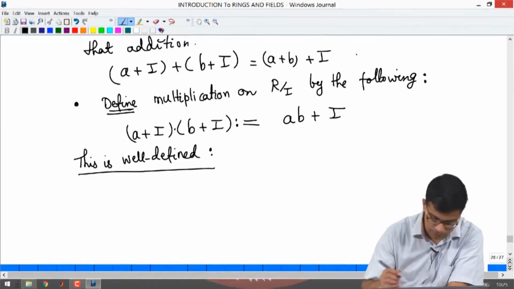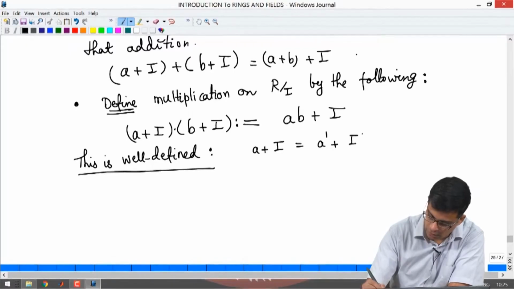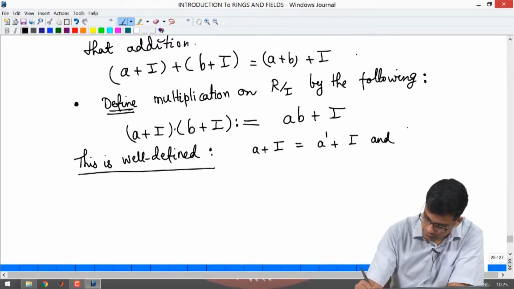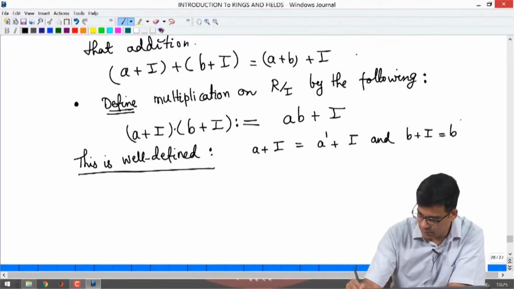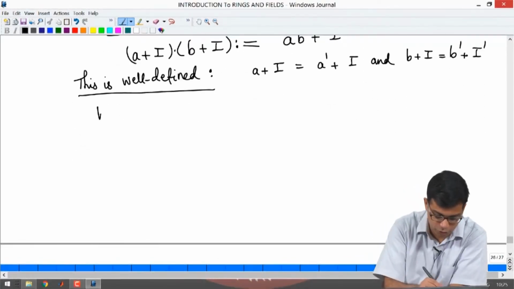So, what do I have to do? To check well definedness, I have to do the following. Suppose a plus I is the same as a prime plus I, and b plus I is the same as b prime plus I. So, what do I have to show? We need to show